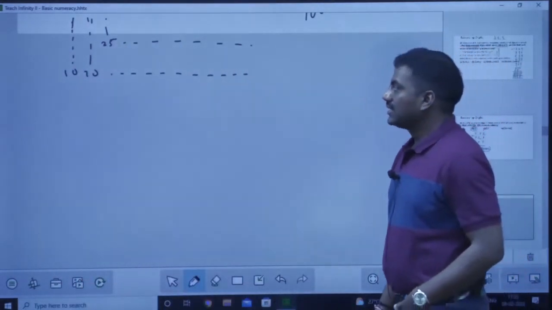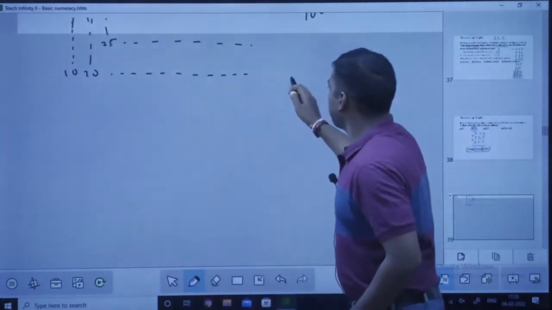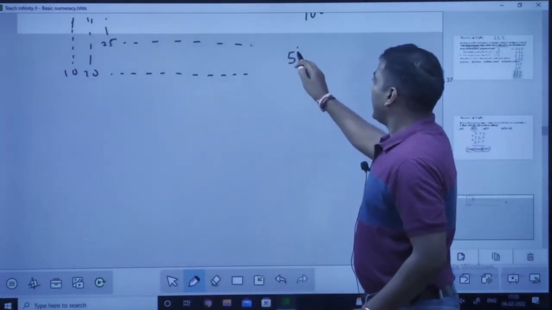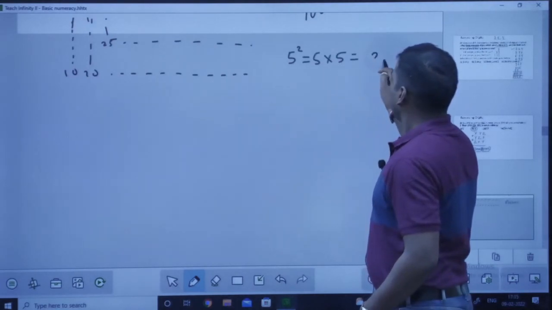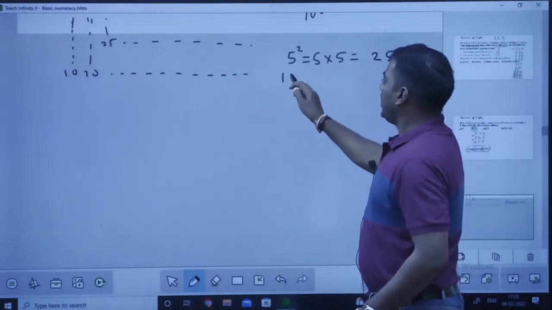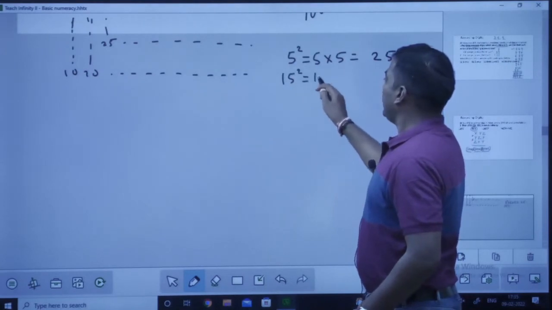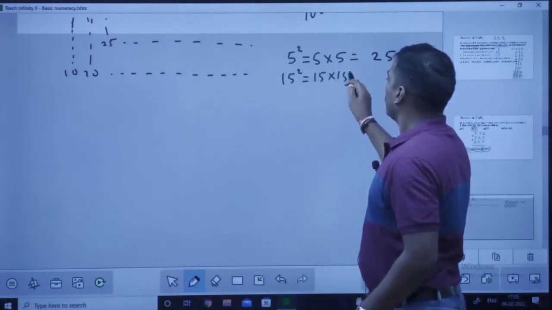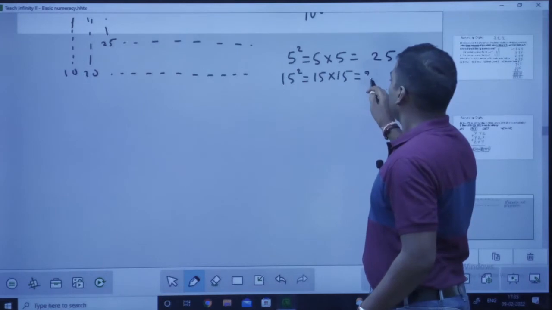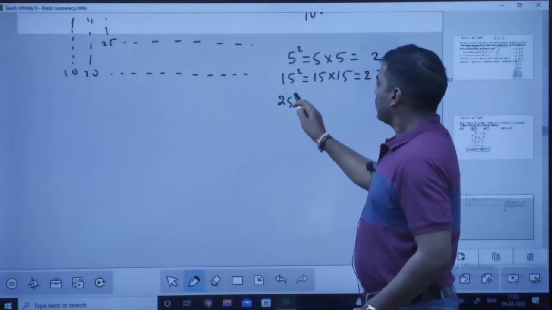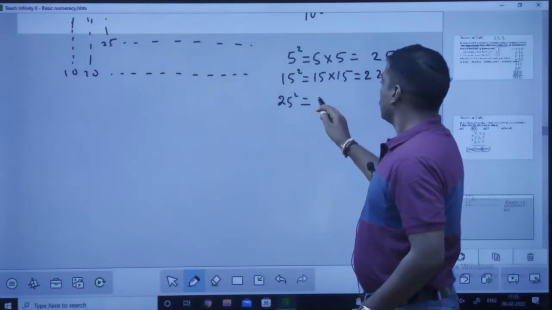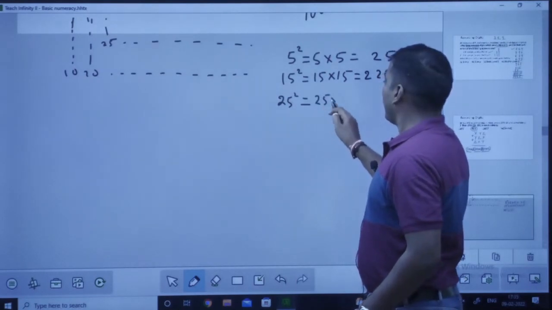Coming to the numbers which are ending with 5. Let us discuss that. 5 square is nothing but 5 into 5. What is the answer? 15 square. 15 into 15. What is the answer? 25 square. 25 into 25,